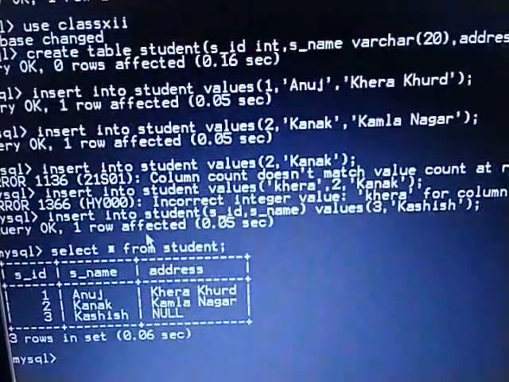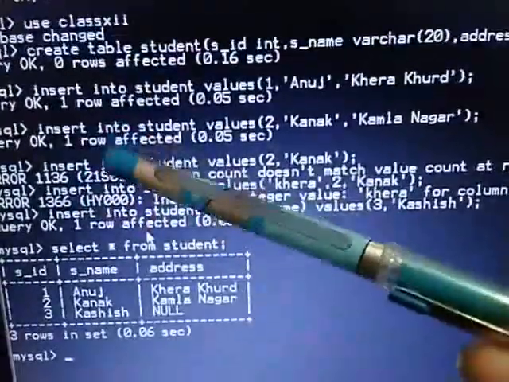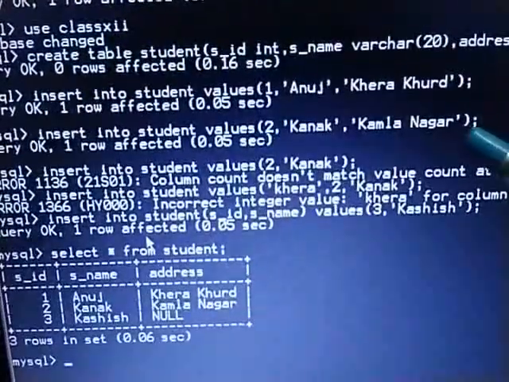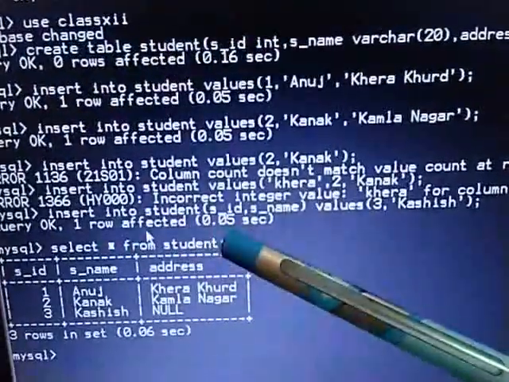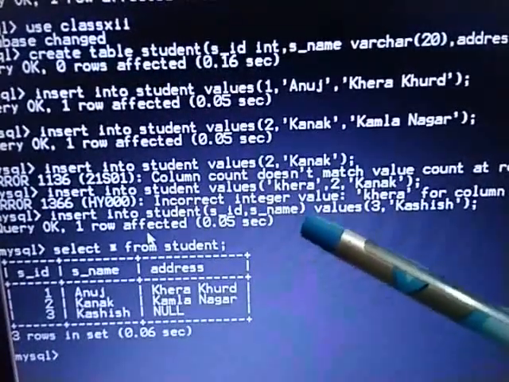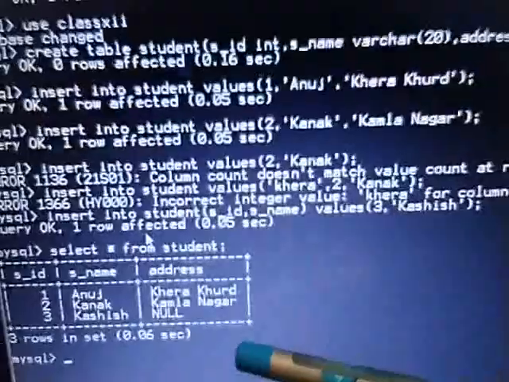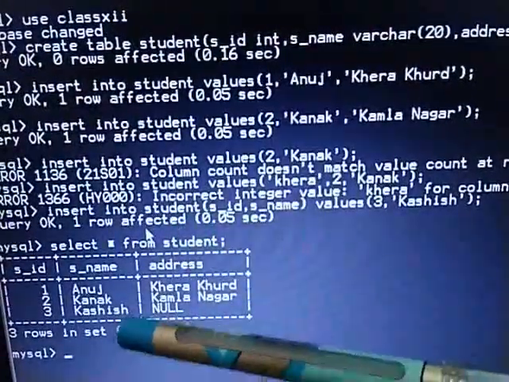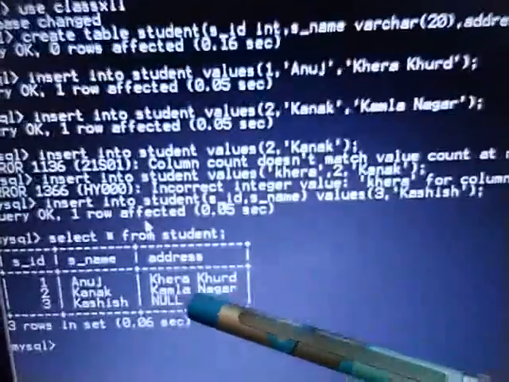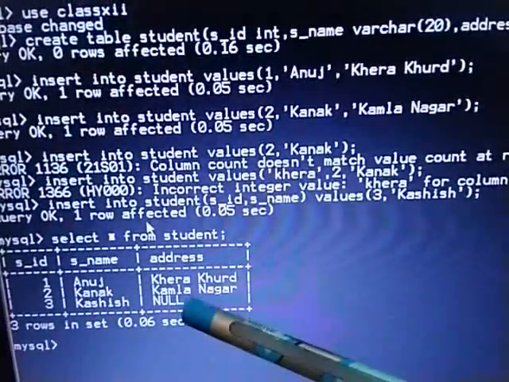So you can insert the records in a table in 2 ways. One, you can write insert into student name values, then write the values whatever you want to write. Another thing, insert into student, then specify the number of columns for which you want to enter the value, then write values, then enter the values. Fine. Then for seeing all the values from a table, what command you have to write? You have to write select asterisk from table name, and for the column I have not mentioned the value, so it is showing me null.